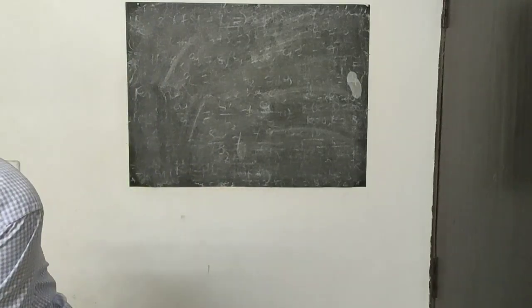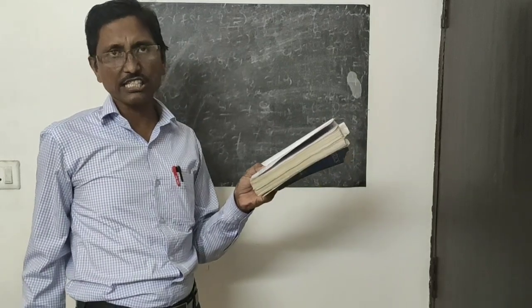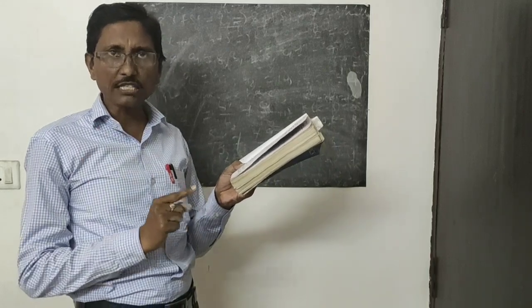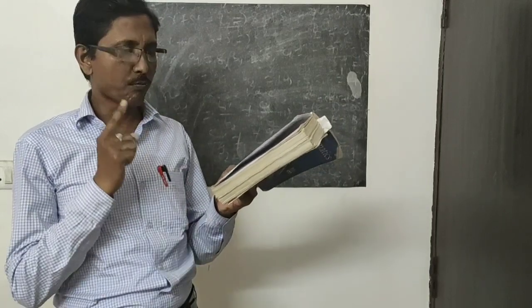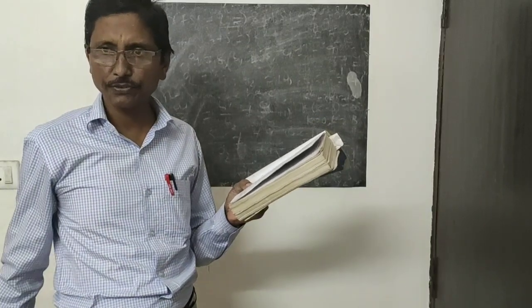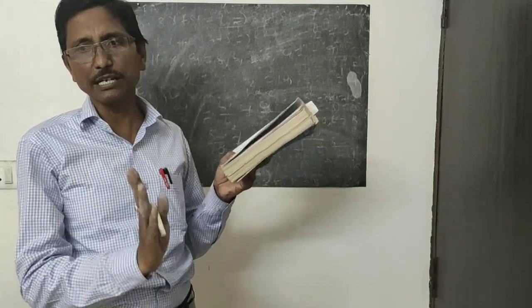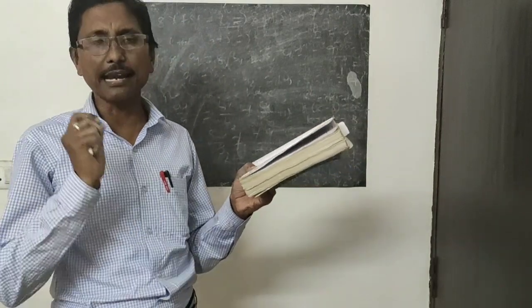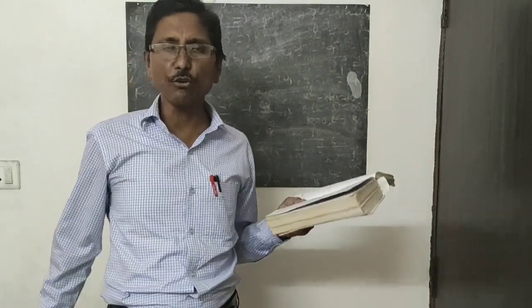See the first question in your book. Listen to the question first. 5 chairs and 4 tables together cost 5,600, and 4 chairs and 3 tables together cost 4,340. Two conditions are given because two unknowns are there. However many unknowns you have, at least that many conditions should be there, so that you can get that many equations. Find the cost of a chair and that of a table. One chair and one table cost you have to get.